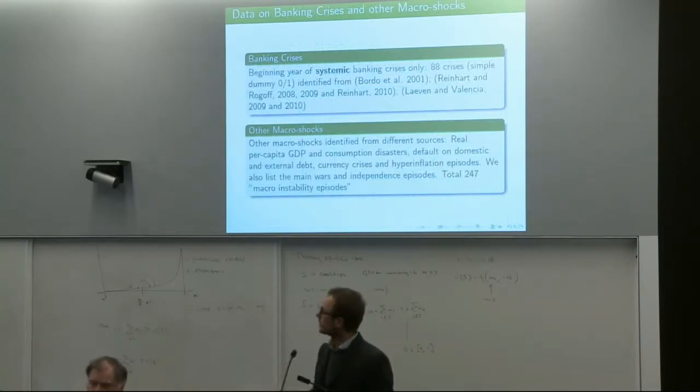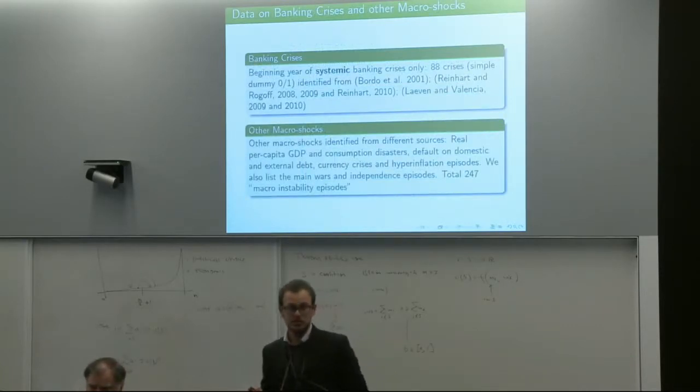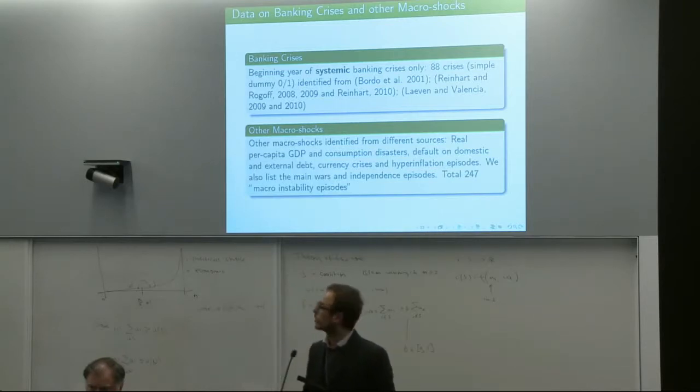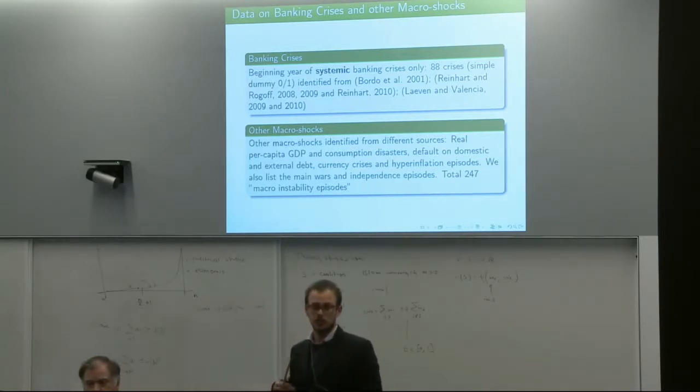The second step in the empirical investigation is to assemble data on banking crises and data on macroeconomic shocks. We devoted a lot of effort to doing that. We focus exclusively on systemic banking crises, so we get rid of all those crises which are not systemic in nature. We identify 88 crises with a simple dummy variable method, taking value 1 when the crisis begins, 0 otherwise. We don't try to identify the duration of the crisis itself,